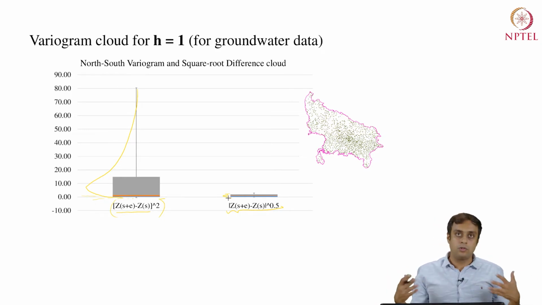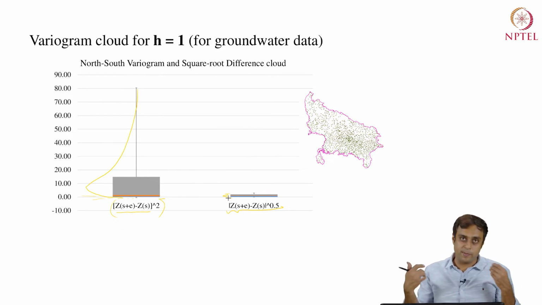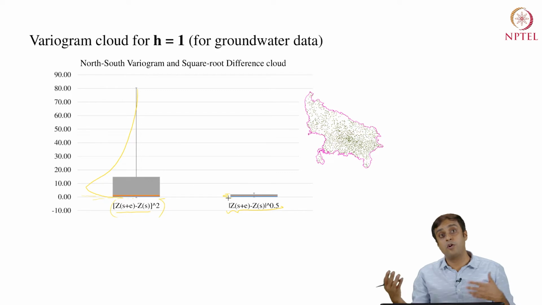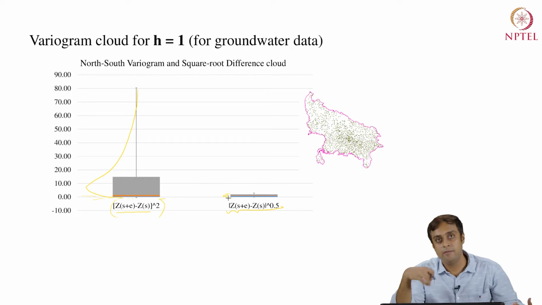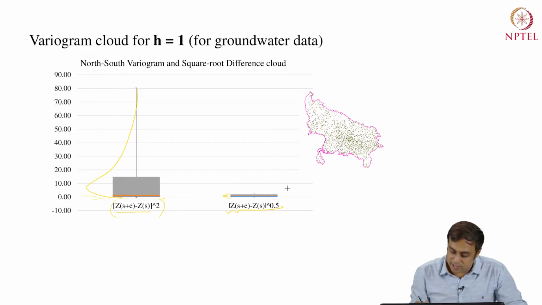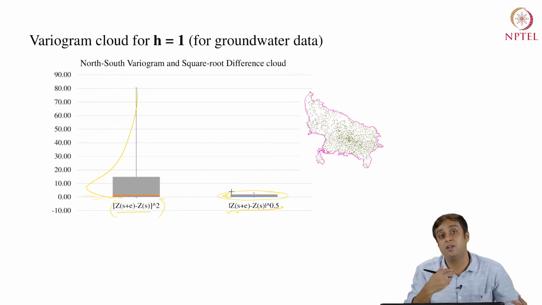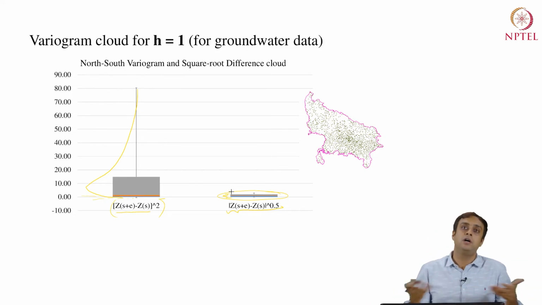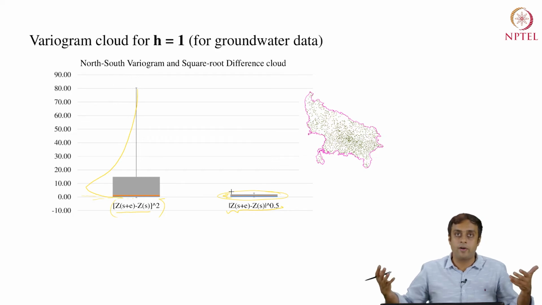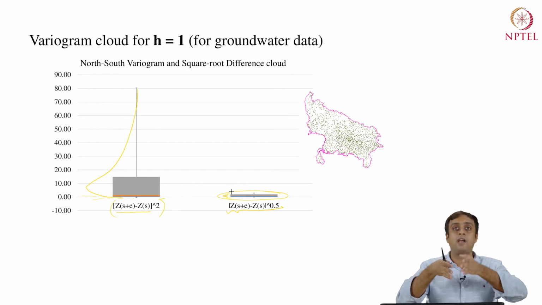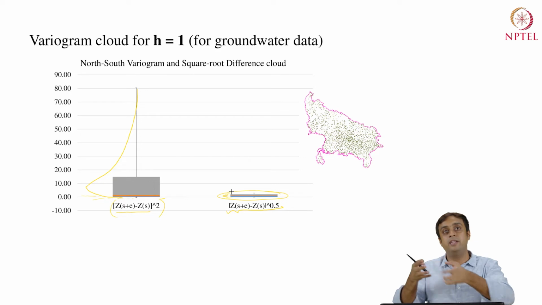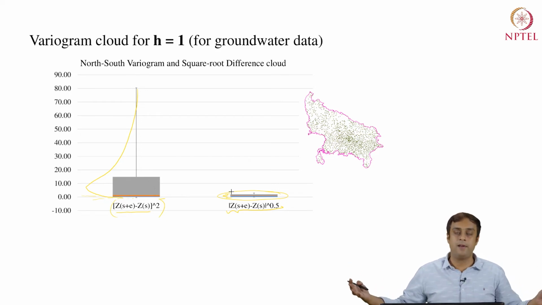So that is the utility that we see. Experimentally we can see that even with the groundwater data, that is the Uttar Pradesh data, a real world data set, we see the difference right away when it comes to measuring spatial dependence in the data. And these small values will exhibit large spatial dependence, that is to be expected. It is groundwater data, how much will it change as we move through the space? It is a geographical structure right beneath the ground, but it is not going to be like tubs or walls built together. It is a large tub over space.